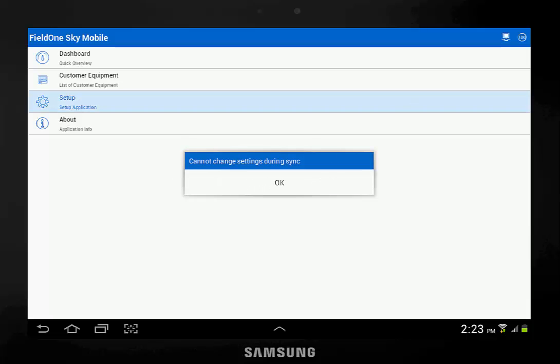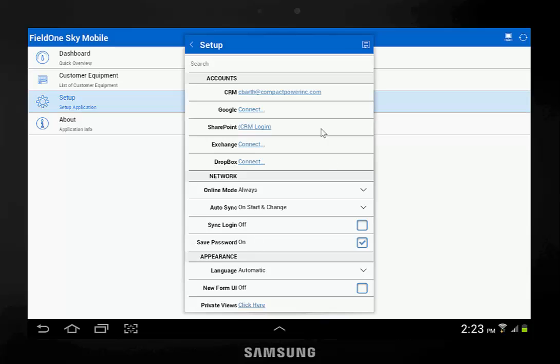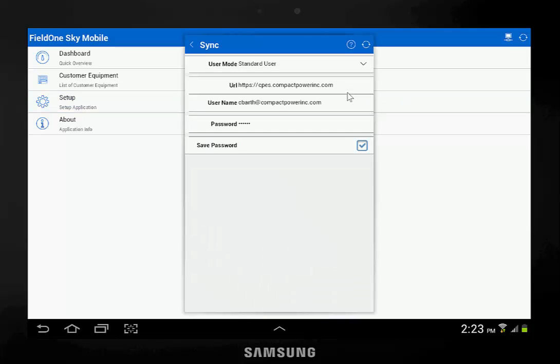When you receive this error message, if you look at the top right, it usually is syncing. So now that it's done, I'm just going to re-click Setup. And you'll see this screen pop up. Now, you're going to click on the line that says CRM, and this is where you're going to enter the URL. It's going to be